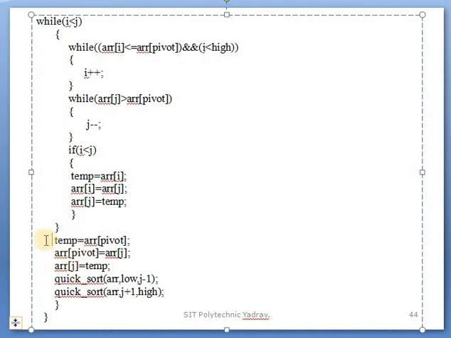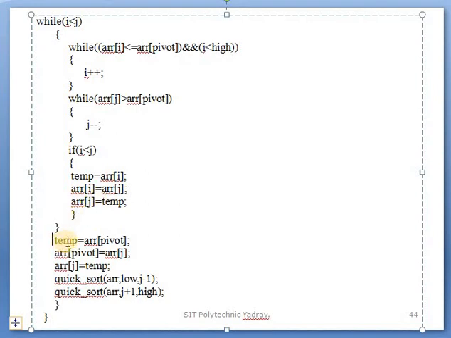If i is less than j, then temp is equal to array of i, then array of i is assigned the array of j, and after that array of j is assigned temp, which swaps the numbers at i and j. A temporary variable is taken to store the value at position i temporarily. If we don't use the temp variable, the elements override each other, since j and i are the same. This point was clear in our previous lectures.